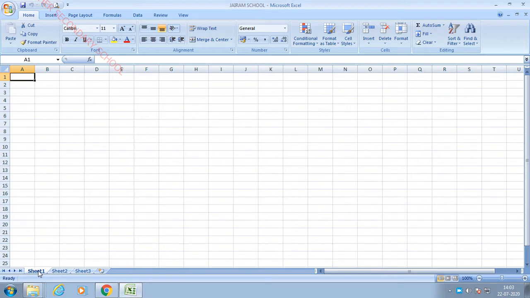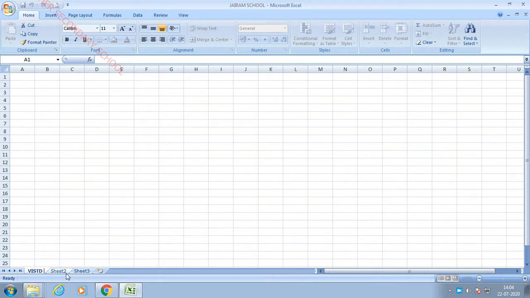How will you maintain those data? In sheet 1 you can store the 6th standard details. In sheet 2 you can store the 7th standard details. In sheet 3 you can store the 8th standard details. But you want to know whether it is 6th or 7th, so how will you identify it? For that you have to use the rename option. Right click, then the rename option will be available. Once you click this option, it will come like this. Here you can give a name. So now I am going to type 6th standard.